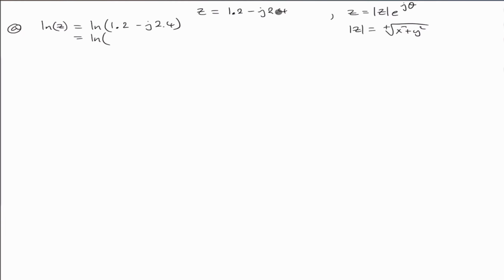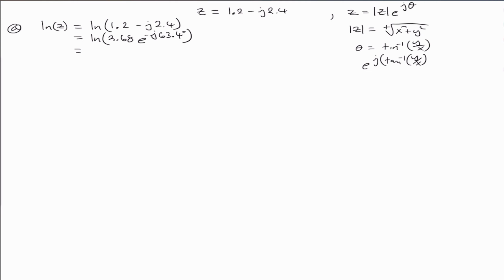And the angle theta we calculate from the inverse tangent of y over x. Thus we can write our complex exponential as e to the j times inverse tangent of y over x. So we write our magnitude. We end up with a magnitude of 2.68 and a complex exponential of e to the minus, we keep our minus sign, j